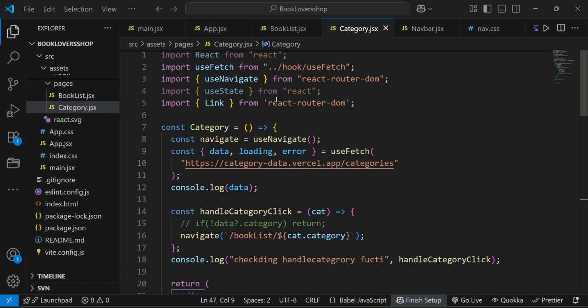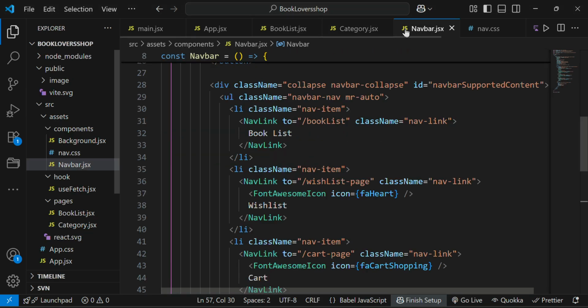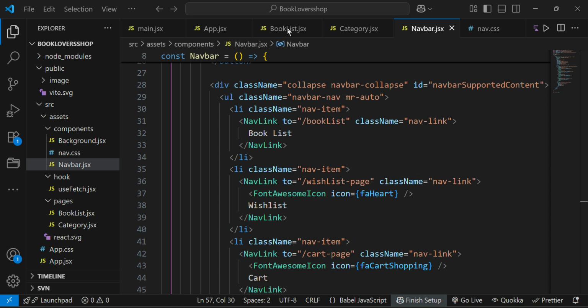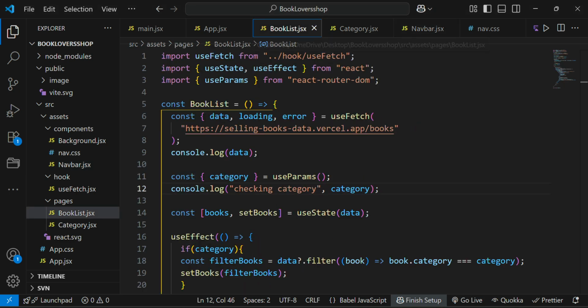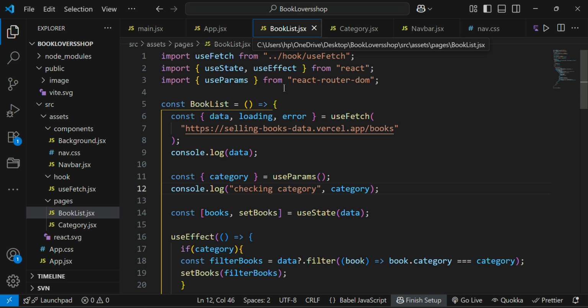Here is my book list component where I'm using useParams to get the category from the category component.